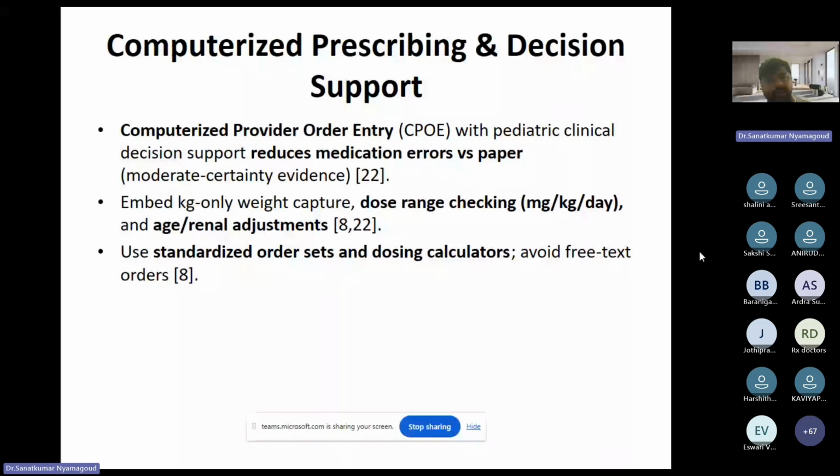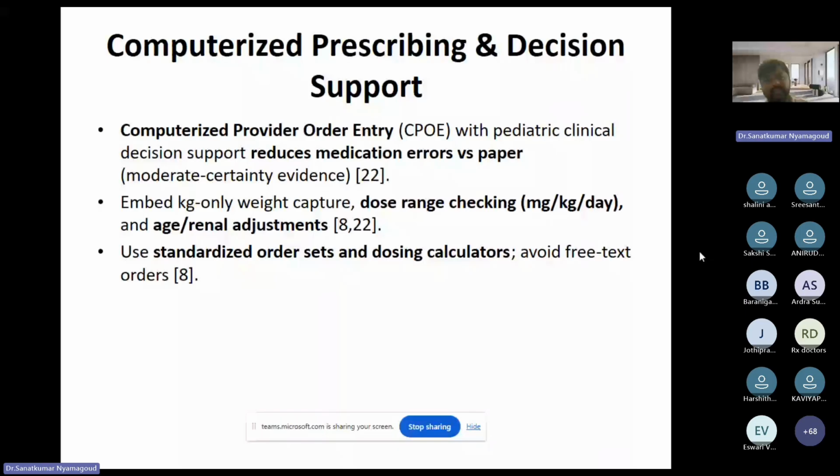That is called compute. There is a system called computerized provider order entry. Anything which is prescribed by the physician has to be prescribed paperless. He has to prescribe in tab, or there are some softwares they should use. Once they write it, they should write accurately the correct dose, route, duration and frequency, so that the same is forwarded to the pharmacist, and the pharmacist will dispense.